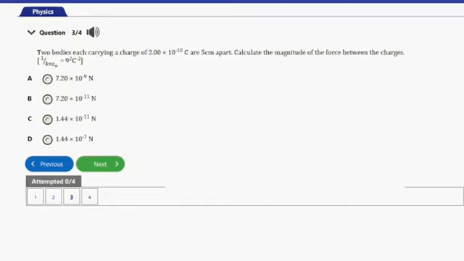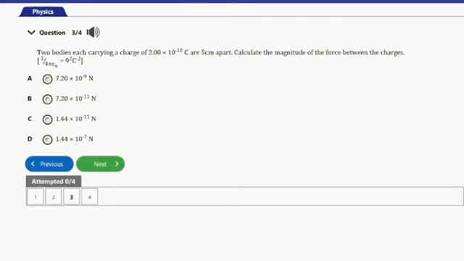That's question number 3. It says, two bodies each carrying a charge of 2.00 times 10 to the power of negative 10 coulombs are 5 cm apart. Calculate the magnitude of the force between the charges. Take 1/4 pi epsilon naught to be